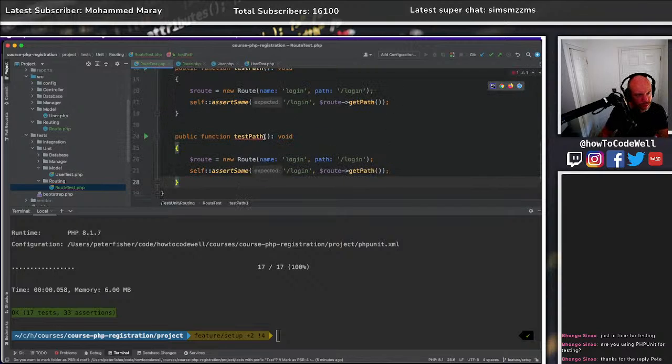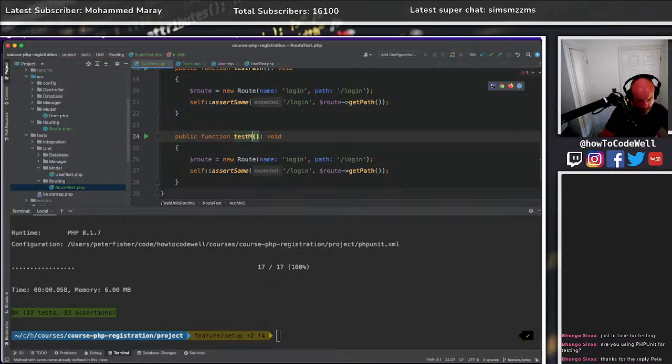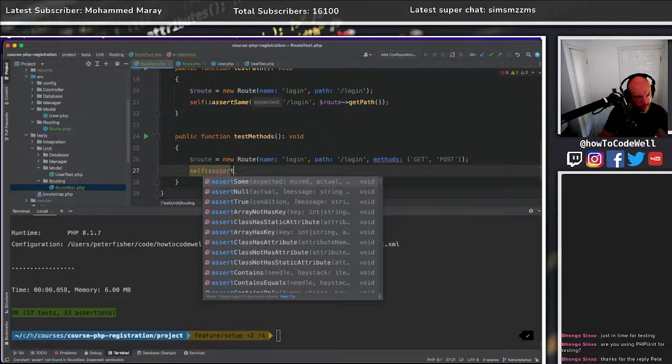Okay, so in the test here, we've got another one. So this is going to be test methods. So that's great. And then we want to have an array where we have methods, and that's going to be an array where we have get and post. So we want to, instead of doing the assert same, we want to do assert in